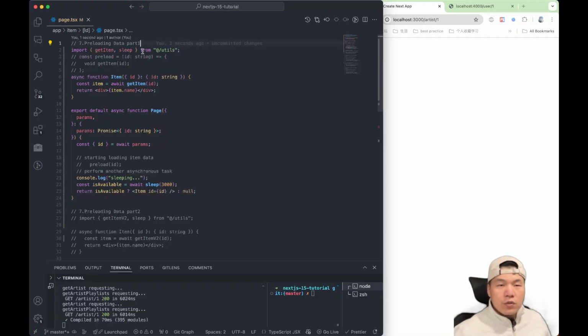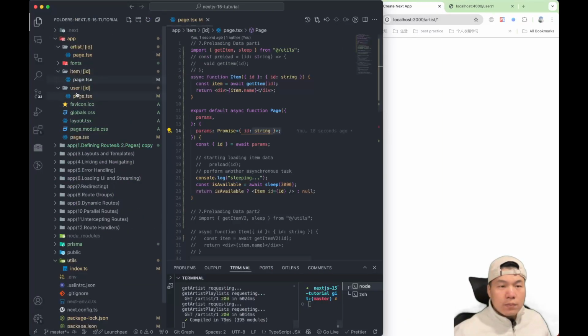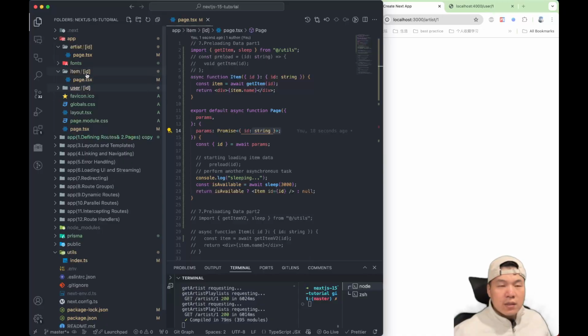We have 2 requests. We have a component called item, and we have a page here. We are on the items page now, with the dynamic route